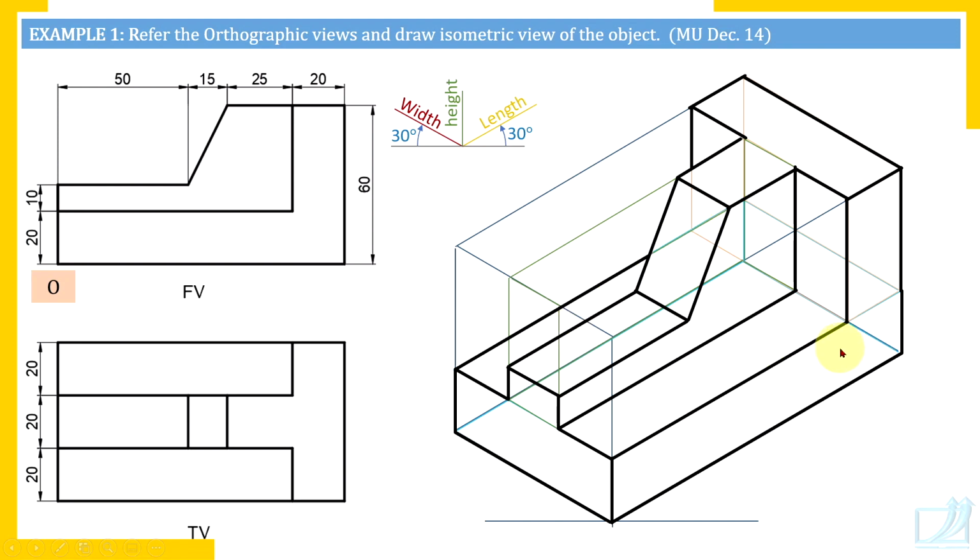And check here, still there is a mistake. Don't forget that a corner is formed by three edges. So at this corner, third edge is missing. This is that edge. Is it a visible edge? Of course. Because this is top surface, it is the edge of this top surface. Or you can say this top surface of the base plate and this vertical surface, where these two surfaces meet, there should be an edge. So it is visible. So this rectangular surface is here.